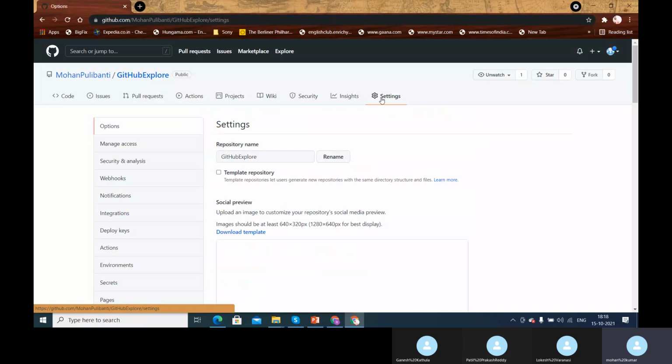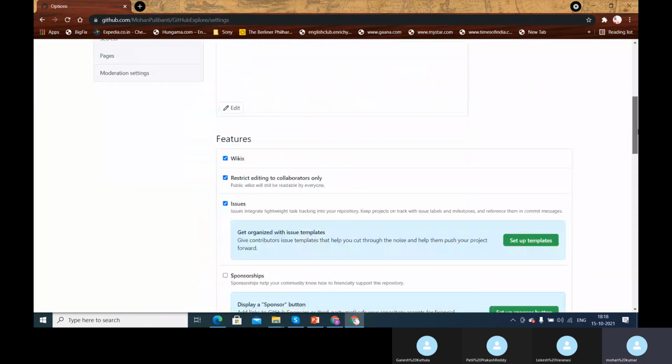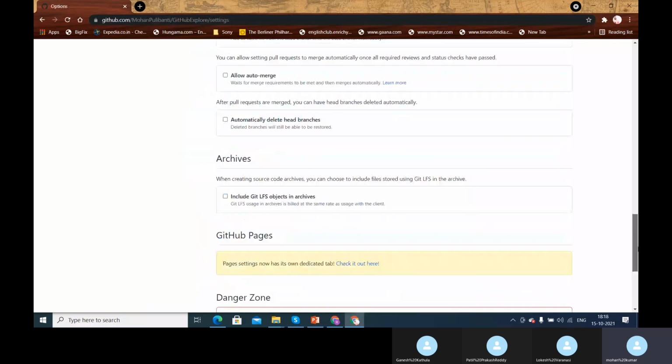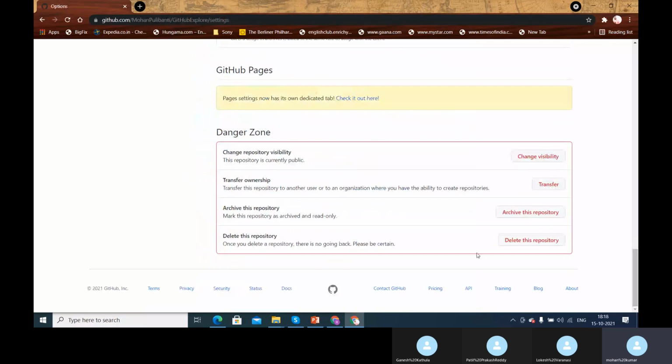In the settings, if you scroll down to the end, this is the danger zone, right? We have change repository visibility and transfer ownership.